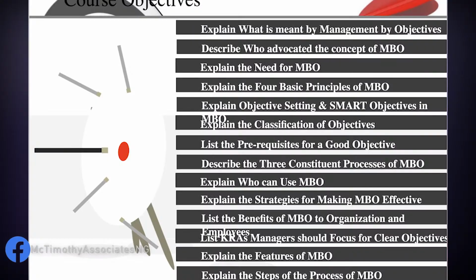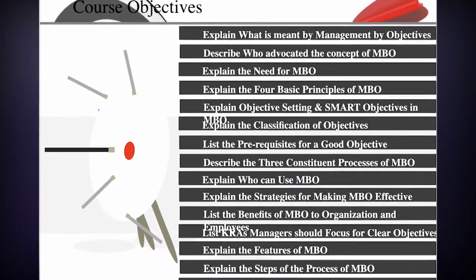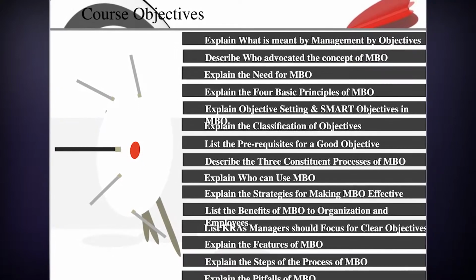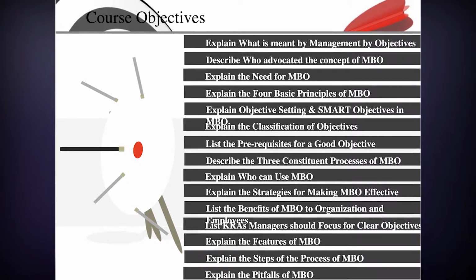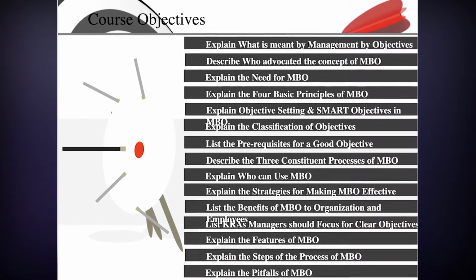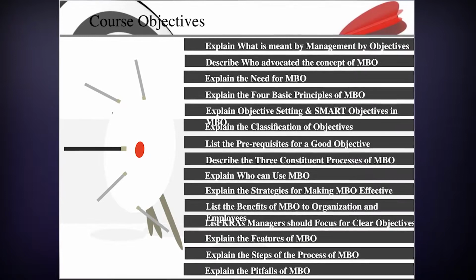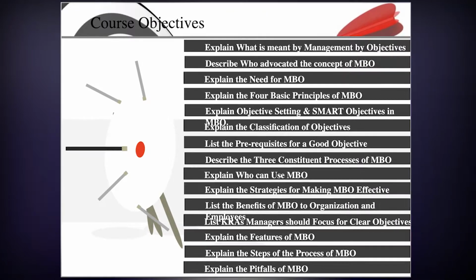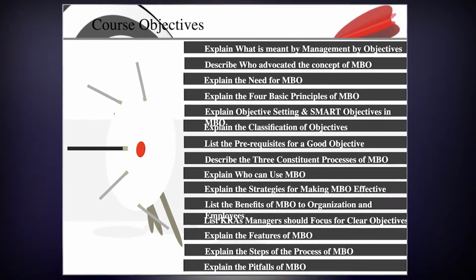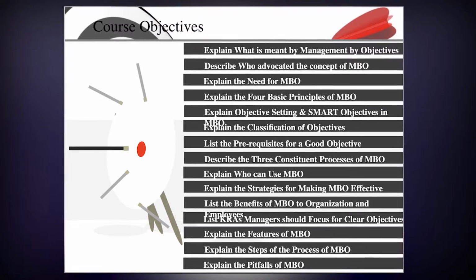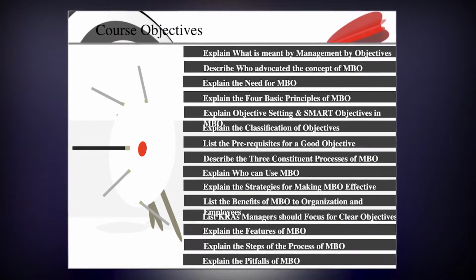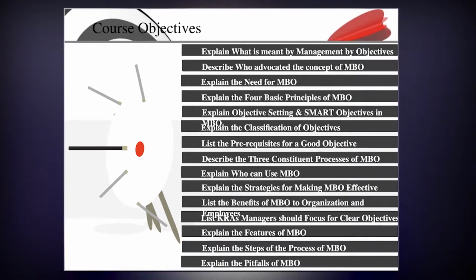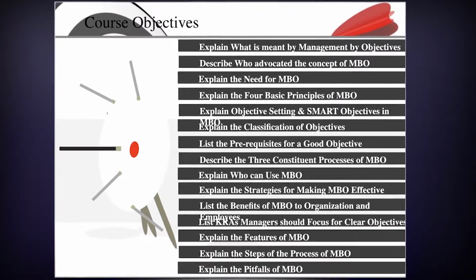They will be able to explain the need for MBO, explain the 4 basic principles of MBO, explain the objective setting and smart objective settings in MBO, explain the classification of objectives, list the prerequisites for good objectives, and explain and describe the 3 constituents of the process of MBO, explain the concept, who can use MBO, explain the strategies